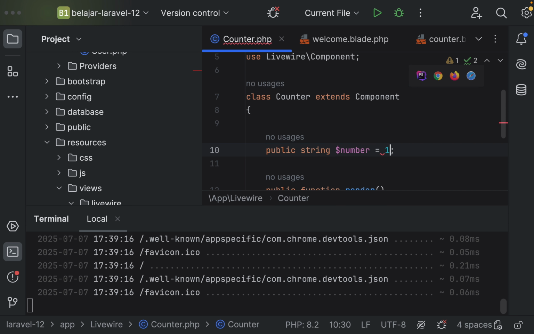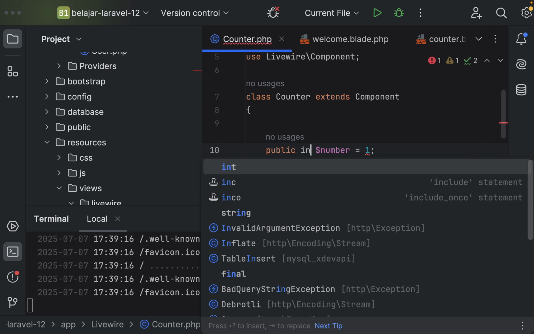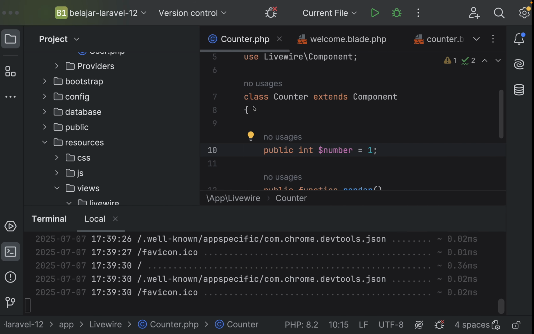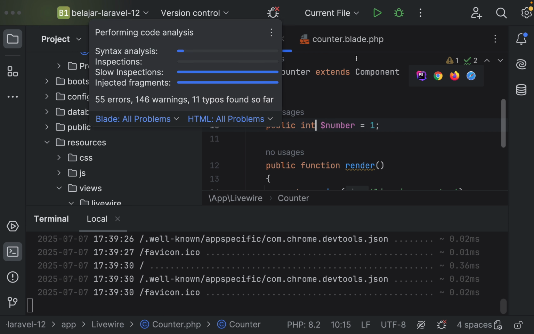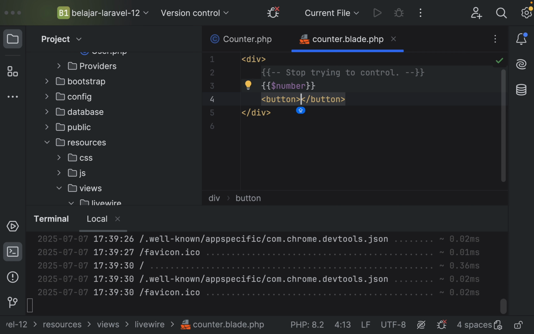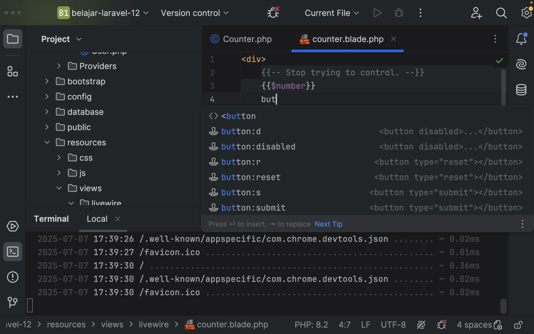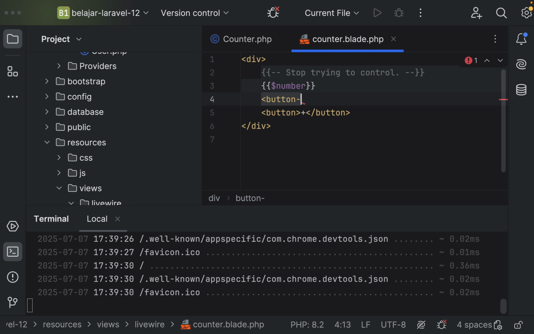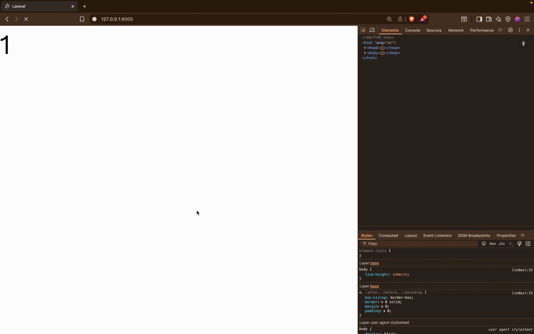Let's say we initialize this data as an integer. Then we open the component again and put some buttons here, plus and then minus. So we have two buttons here, and we refresh.